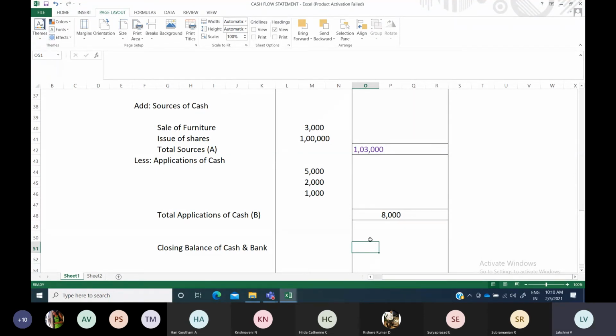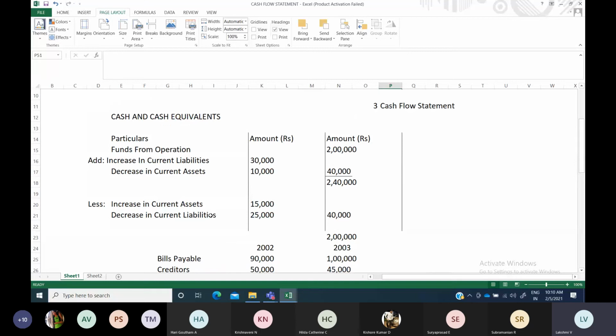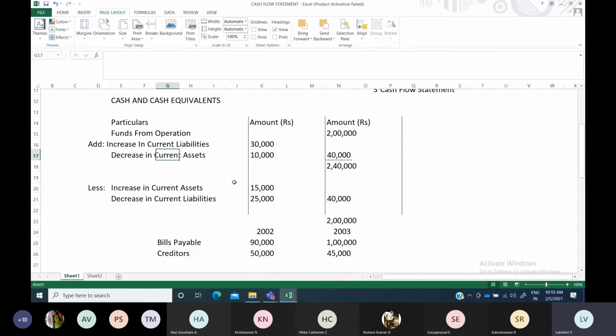So if you have any such items, you just skip them from this. Other than that, you can take all the other current assets and current liabilities, and you can find out the amount that will be your cash from operations. What all the items to add, what all the items to minus, that you should remember. And each and every asset and liability while comparing, you should be very careful in calculating that also.